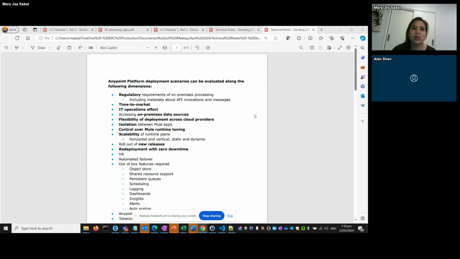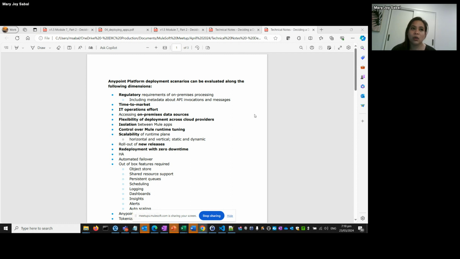So if your data center is in Tokyo, then probably it won't make much difference if you are having your API on the Tokyo AWS region. But of course, the closer, the faster. So yeah, and then flexibility of deployment across cloud providers,